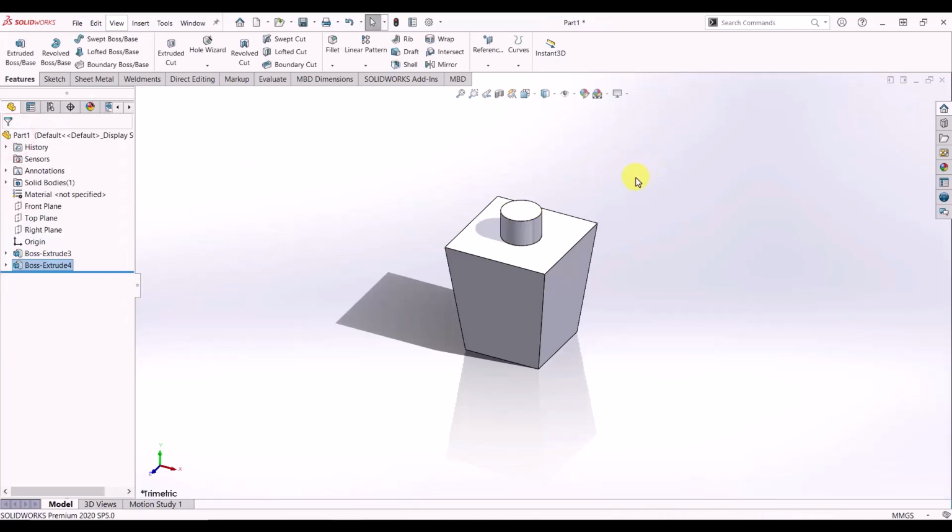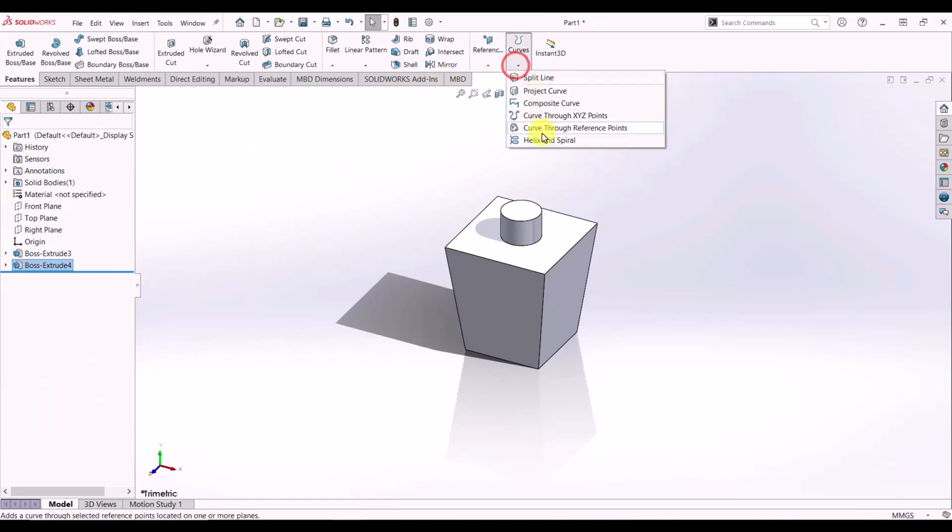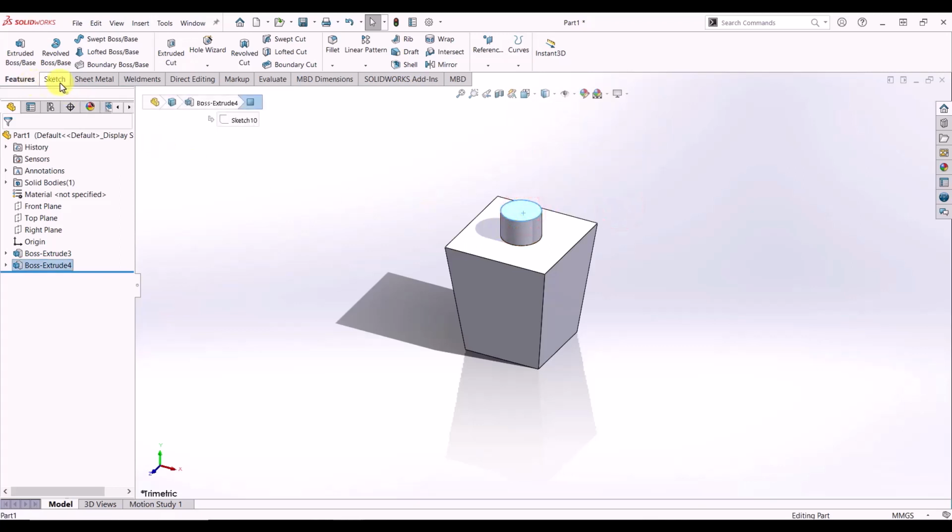Now the next thing that I'm going to show you is called the Helix and Spiral. For Helix and Spiral you need two things. You need a circle and you need to dimension it somehow. So I'm going to make a circle, and I want to show you another thing that you can use to easily